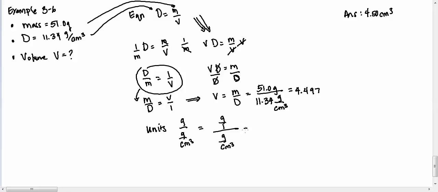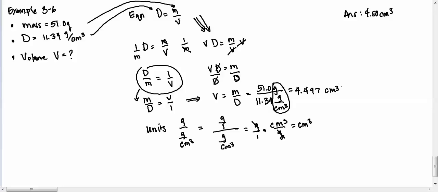Now I see a fraction divided by a fraction. Okay. And what you do with a fraction over a fraction is you take that fraction on the bottom, you reciprocate it, meaning you flip it upside down. So grams over 1 times centimeter cubed over grams, and then you multiply it by the thing on the numerator. So you take the fraction on the bottom, you flip it upside down, and you multiply it by the fraction on the numerator. And then you can just say, all right, well, grams on top cancels out with grams on the bottom, and I'm left with centimeter cubed. So these units right here are really just another name for centimeter cubed. And you throw your hands up and say, hallelujah, I am done. And then I would say,